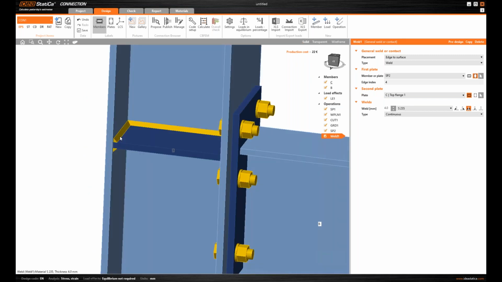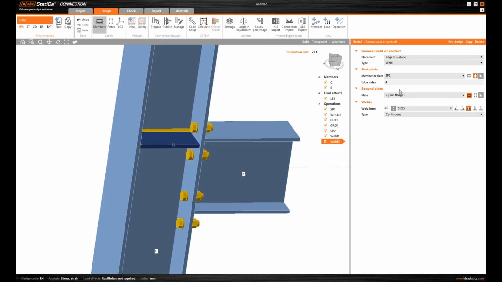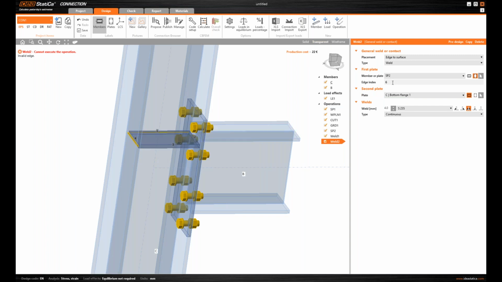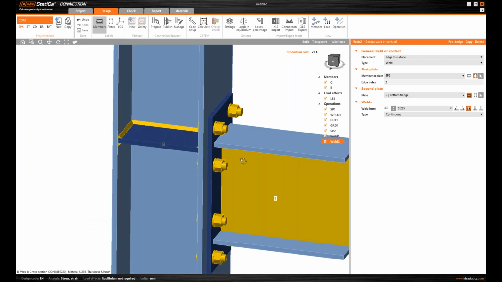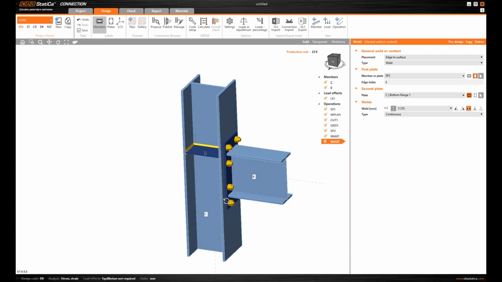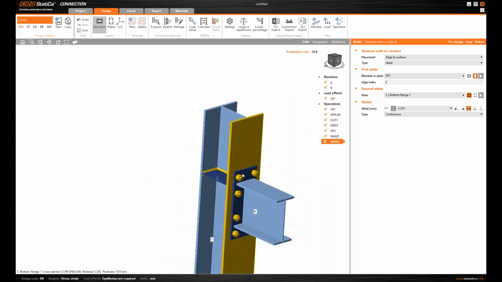So it's new weld added here, and just by copying, I can move it to a bottom flange, but different edge of the plate. SP2, yeah, the edge number is 2. Okay, so that's the first stiffener here, and by copying I would bring all of them